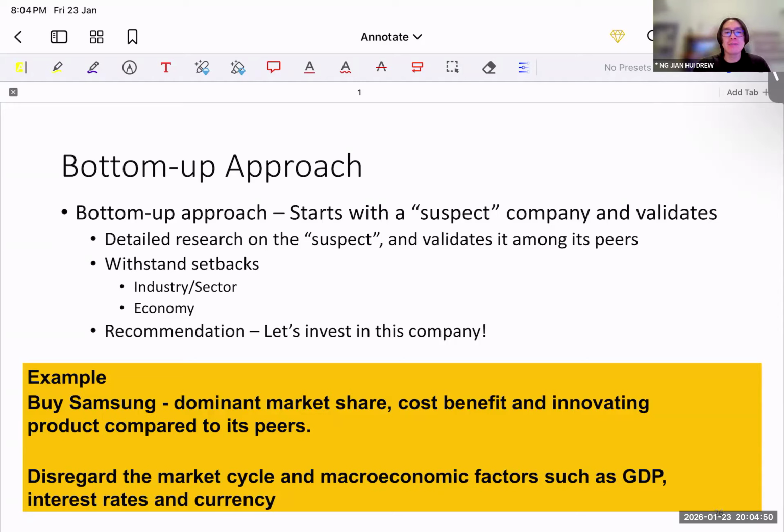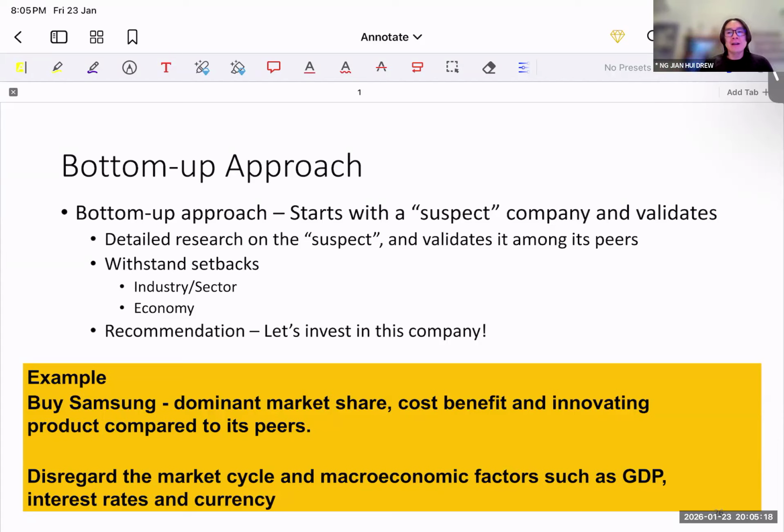Having this idea already, what we do is look into the market research, the sector research. We dive deep into the industry analysis to test that actually this company is robust, is strong in its sector, is the best company to invest in in this current state of the economy, right? We kind of reverse engineer, because we already selected the company.